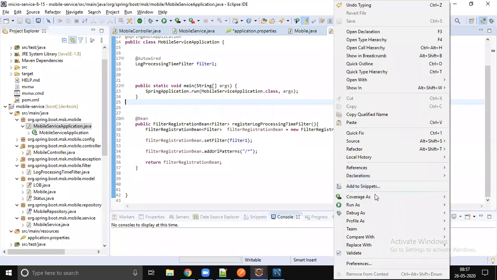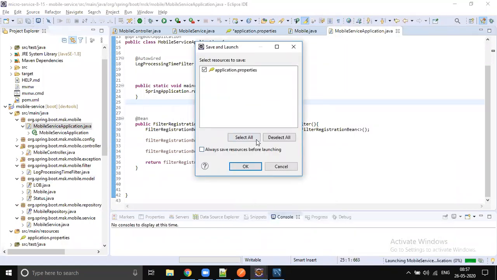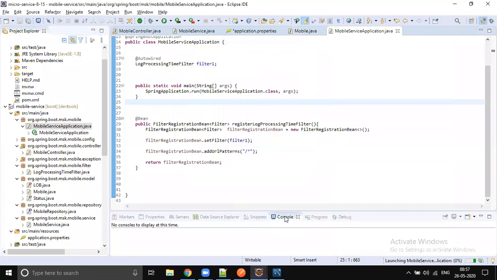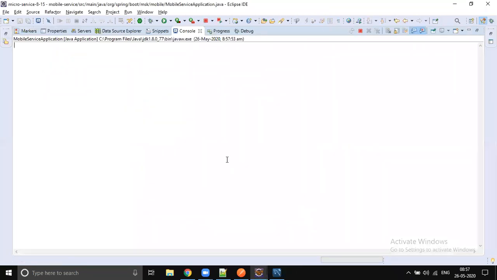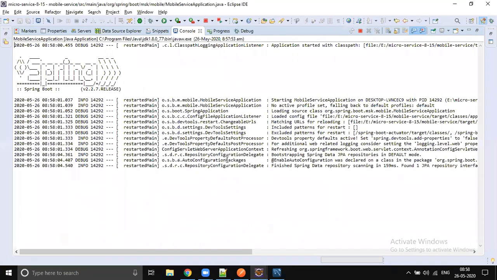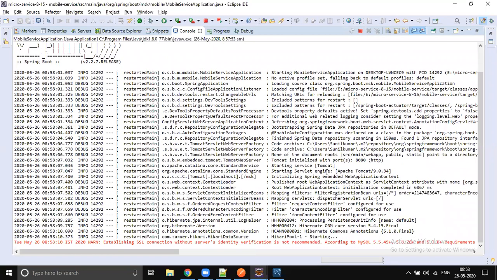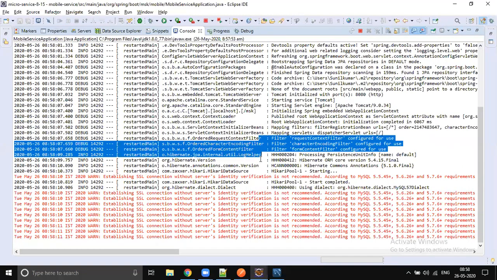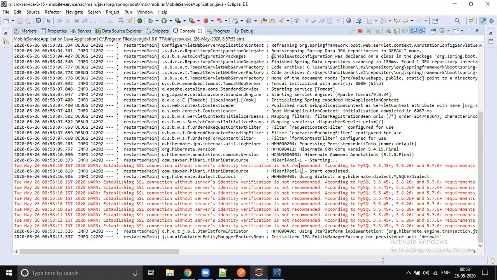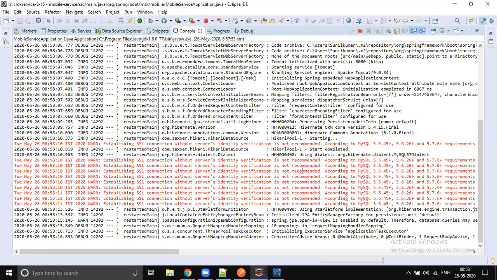Okay, right click, run as Java application. Select all. Okay, yeah, so it is connected to the database. It will execute that create syntax.